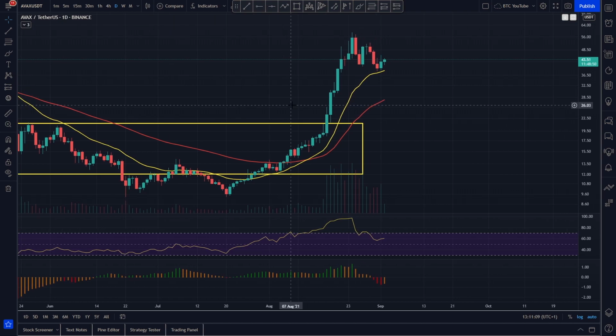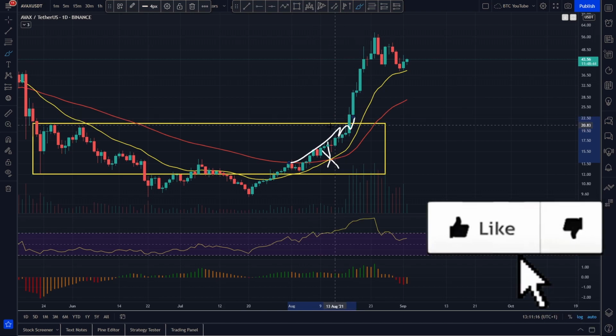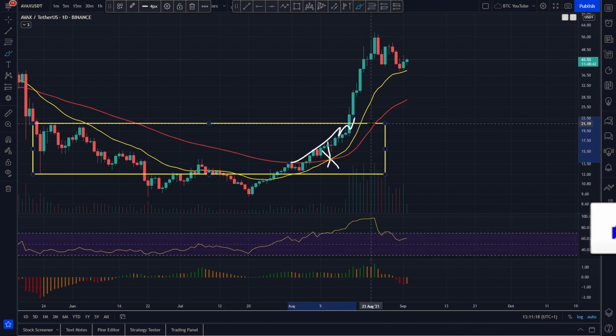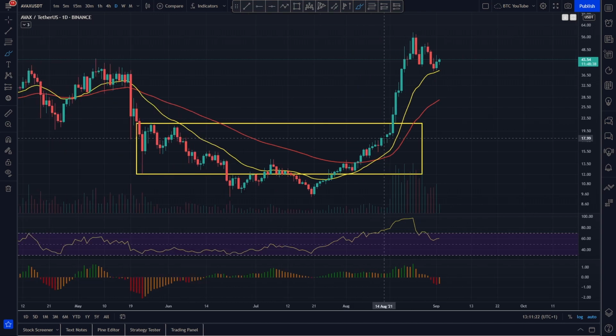And Avalanche is a really top quality competitor, isn't it? And you can see what happened since then. Obviously, once we got that flip of the EMAs, we come up, we actually smashed all the way through our range. We just absolutely smashed it, didn't we? Just went absolutely crazy. Absolutely.